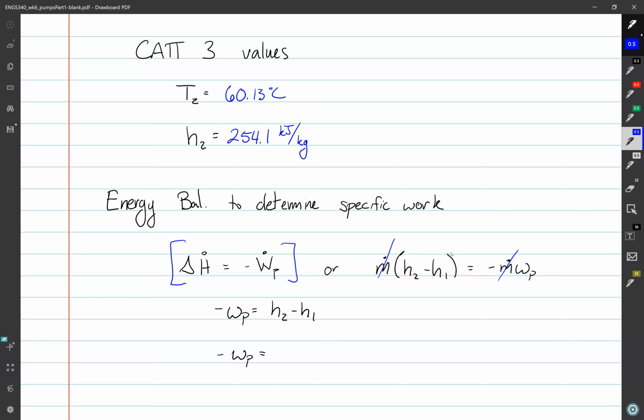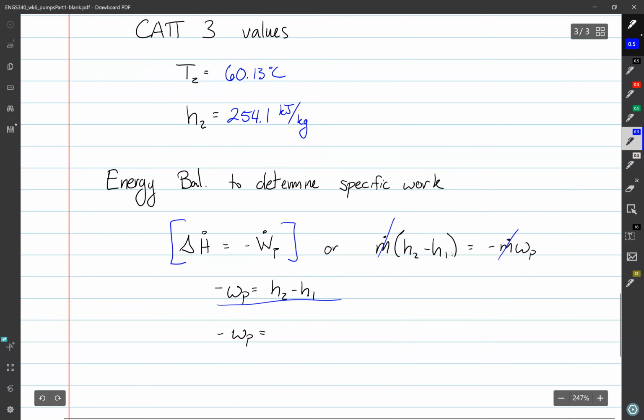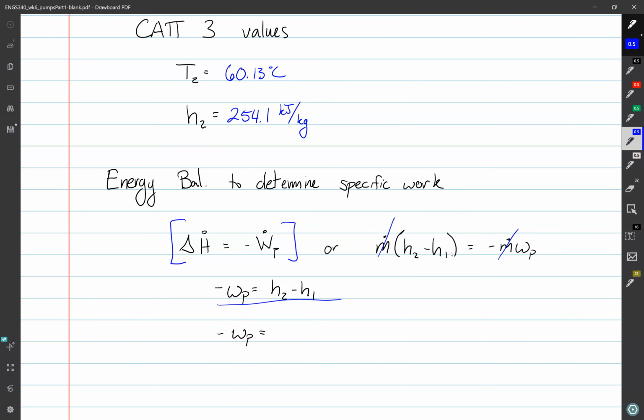That simplifies to just this equation here. Minus WP equals H2 minus H1, where our H2 is, let's use our Cat3 value, 254.1 kilojoules per kilogram,